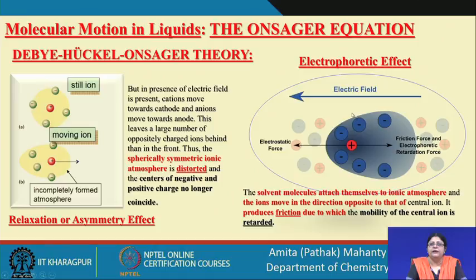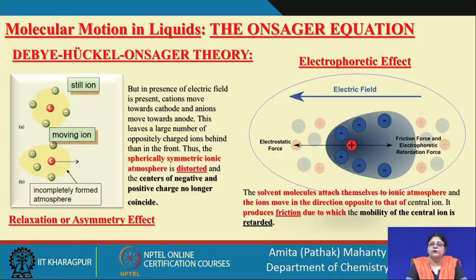These ions will interact with the solvent molecules which are present. Not only the ion, but also the ionic atmosphere will tend to interact with the surrounding solvent molecules. So, the solvent molecules get attached to the ionic atmosphere and the ions. What happens when you have an applied electric field, suppose the positive charge is moving towards the cathode under the electrostatic force? The ionic atmosphere, which has not completely disappeared from the previous position, will tend to pull the ion back, but